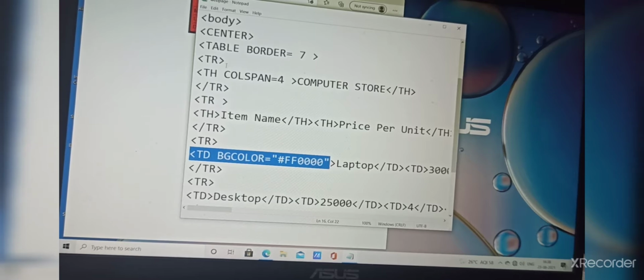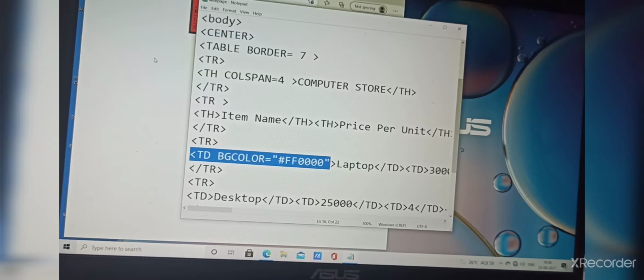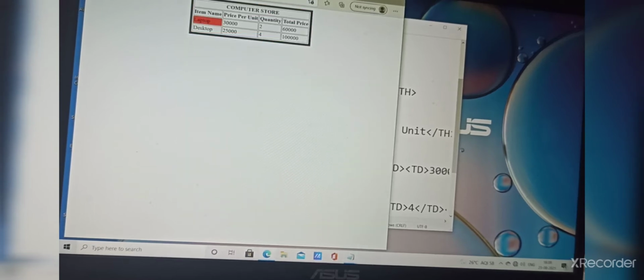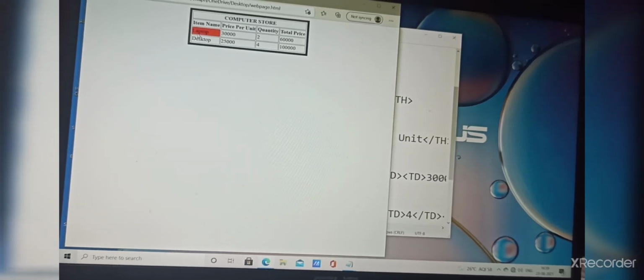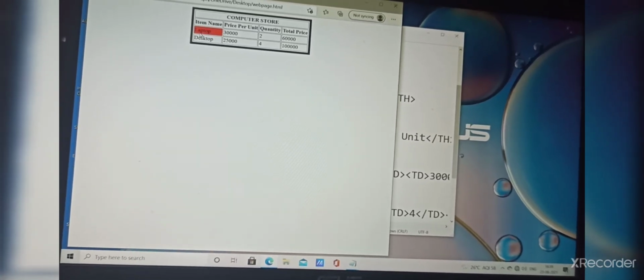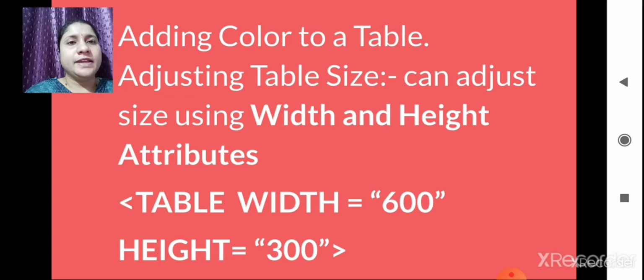So you can see here after saving, only the one data, that is laptop, will come in color. Got it? This is how adding color to a table works.